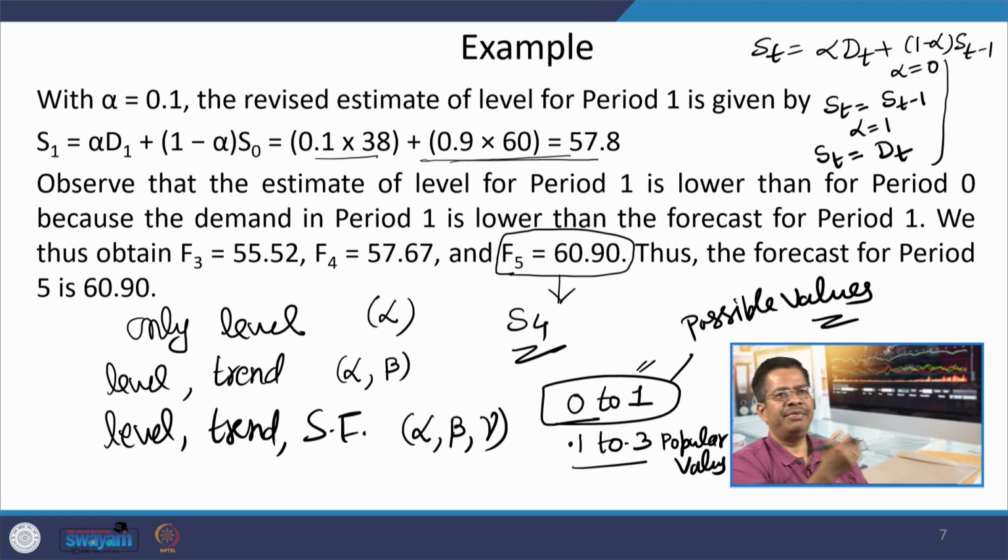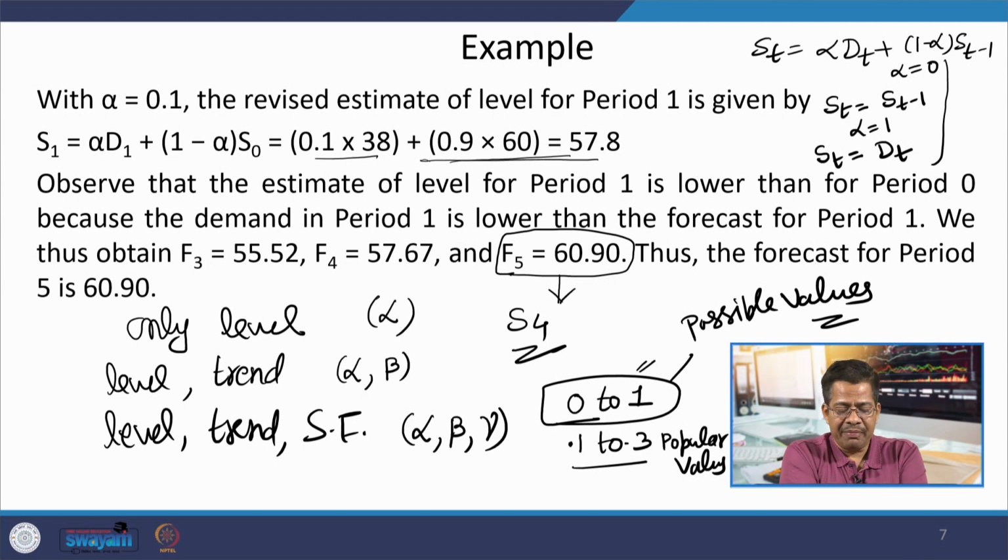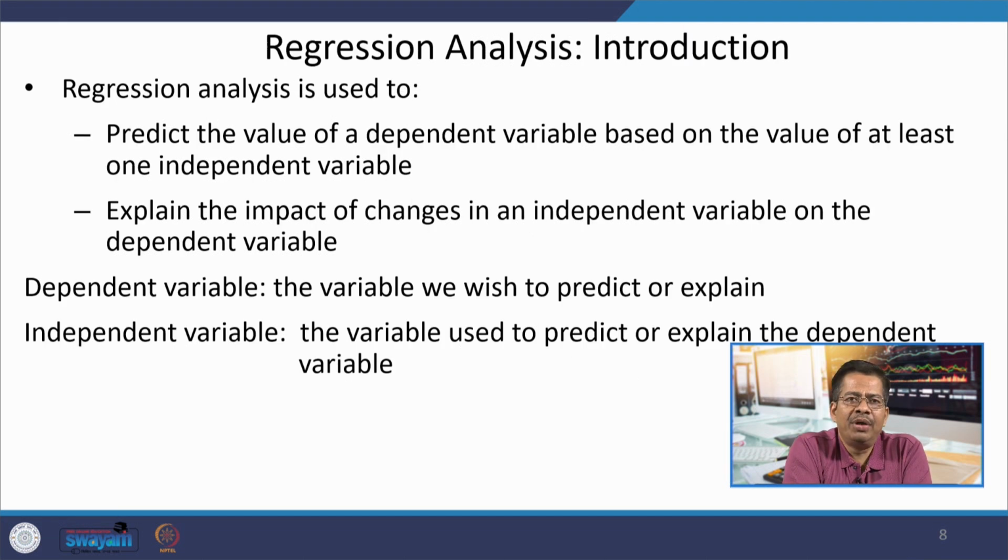Now, after understanding the exponential smoothing basic method, we move to another very popular predictive analytics tool, that is the regression analysis. And regression analysis, I hope most of you are already aware of how useful it is. Not only useful, how efficient also it is. Initial efforts are required in developing the regression analysis, because